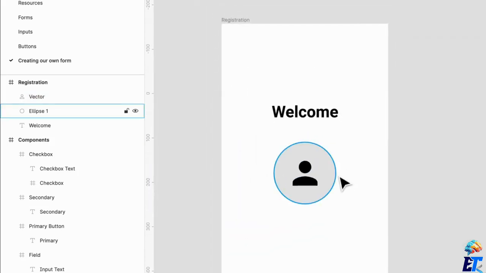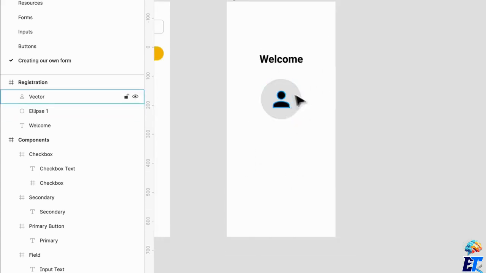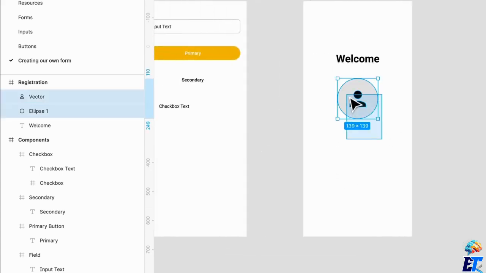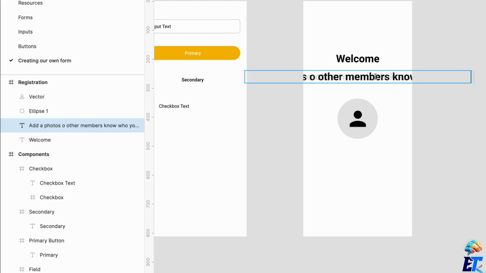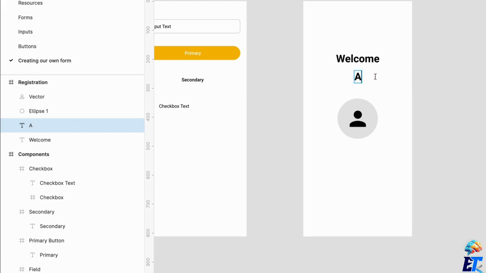And there we go. Okay, so we have like a little image here. Maybe we should have some text below because that is very vague. Add a photo so other members, I don't know if other members know who you are. Or actually, add a photo so,